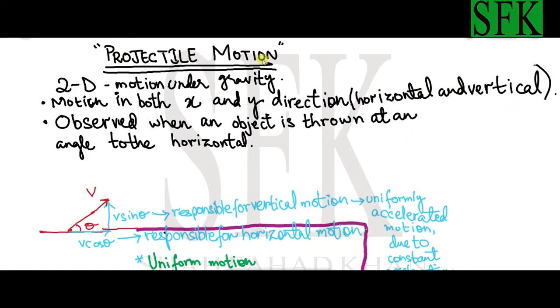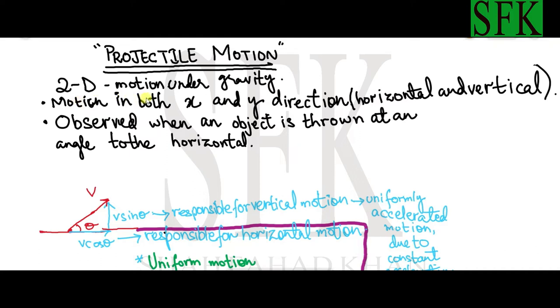About projectile motion. Projectile motion is a two-dimensional motion. It is a motion under gravity. One of the components is affected by gravity. One of the two dimensions is affected by gravity while the other is not. It is a motion